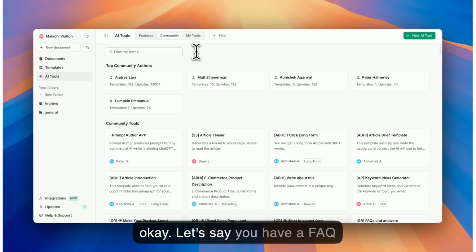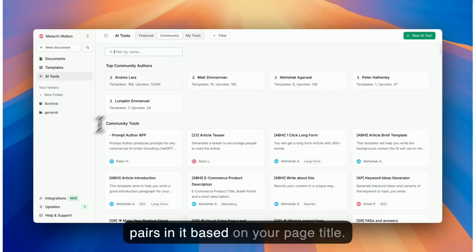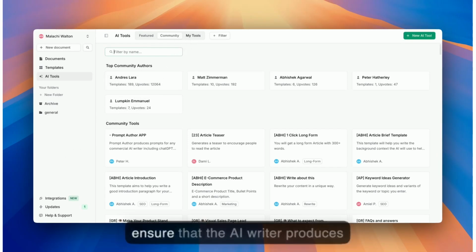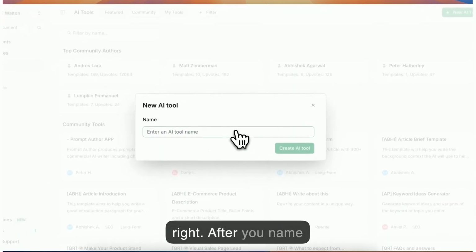Now, if we don't have the tool for you, that's okay. Let's say you have a FAQ section and you always want to include 5 question and answer pairs in it based on your page title. You could design a custom AI tool to ensure that the AI writer produces exactly what you need. First, you'll click on New AI Tool here at the top right. After you name the tool,